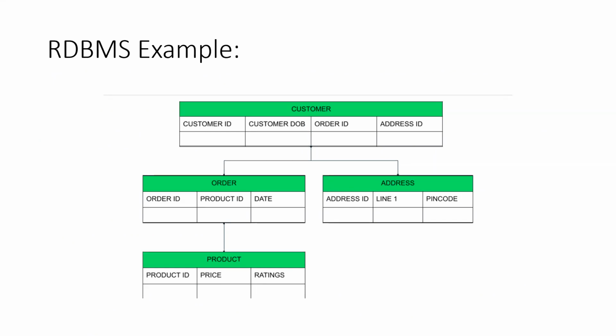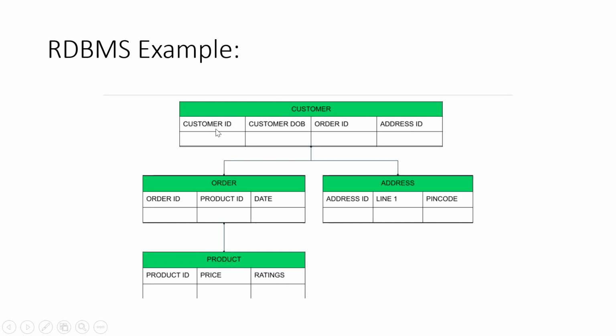So we can set up relations between multiple tables. There are four tables over here. The first table is the customer table, the second table is the order table, then the address table, and this is the product table. The first table has customer ID, customer date of birth, the order ID of the particular order that customer has bought, and address ID. Over there, you can follow that customer ID is the primary key because it is unique in nature